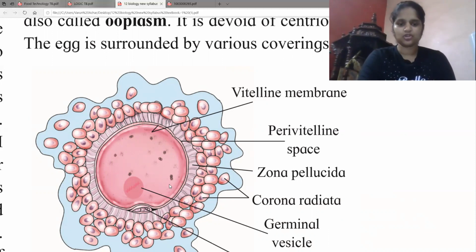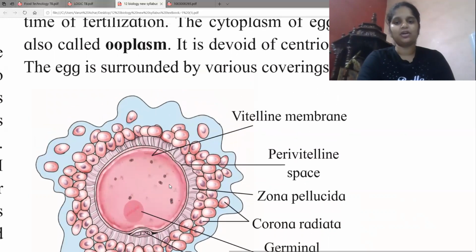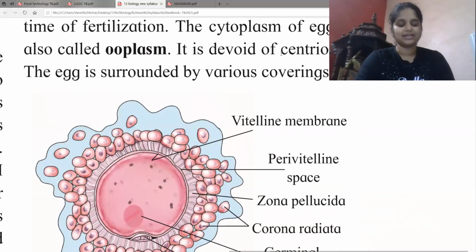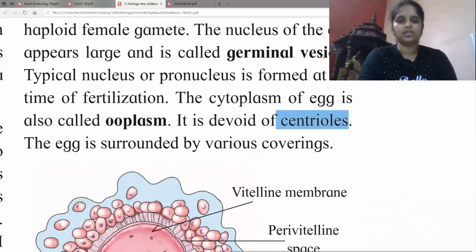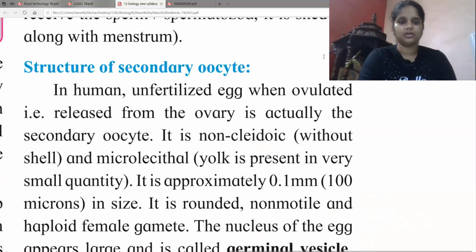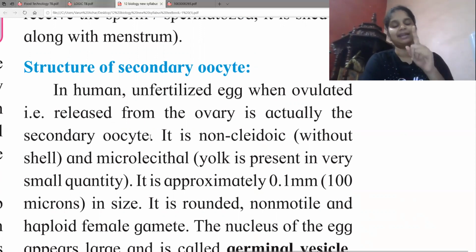So you are going to have all of the organelles over here, except for one organelle, that is centriole. And this is the reason why the cell division gets arrested. They do not have centrioles in them. And in case of your unfertilized egg that we have, we actually call it as secondary oocyte. It is not the ovum exactly. It will become an ovum once the division is complete, and that happens only when the sperm fuses with it.